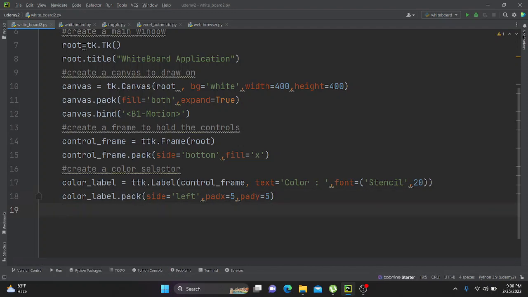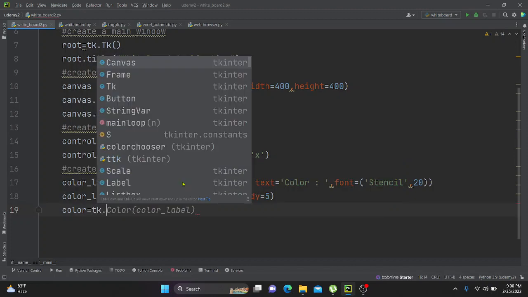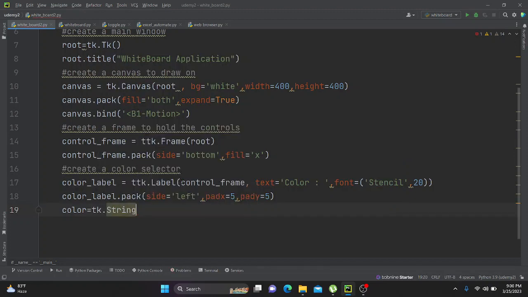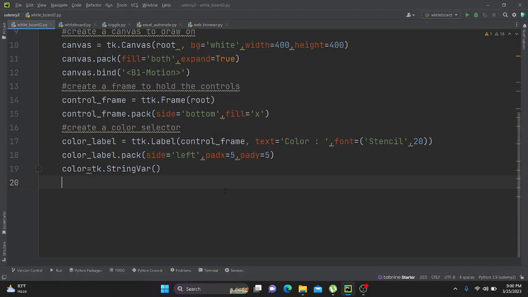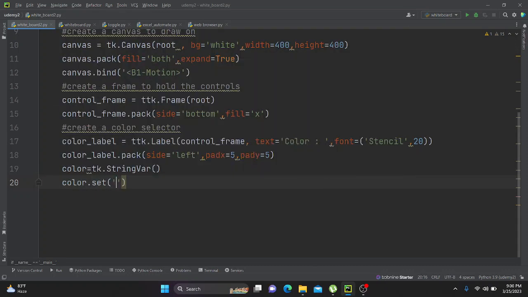If the user is not choosing any specific color, then the default color would be black. That's what I have to specify, provided I give a data type to it, so that later I can set the color. So this would be black, the default one. Now I need to have this color button